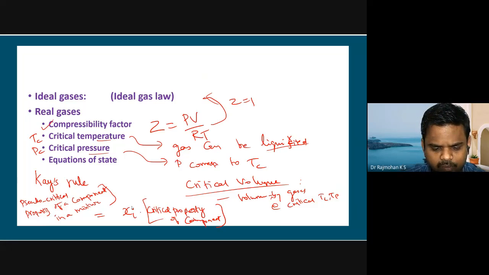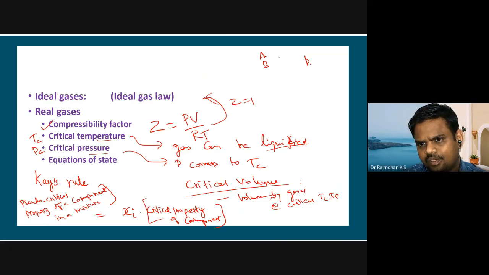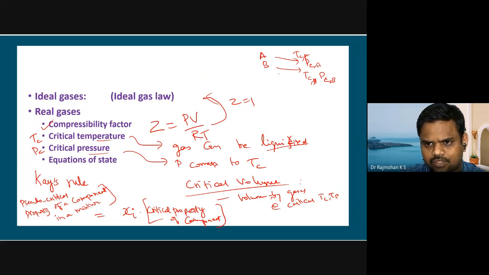So where we will be using this is, for example, we have a mixture with component A and B. Each component will have a critical temperature and critical pressure, TCA and PCA. Let me say the mole fraction of A is 0.4,